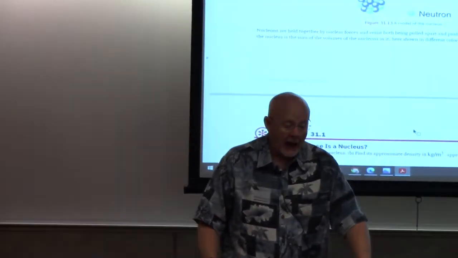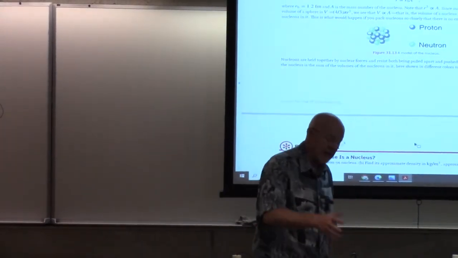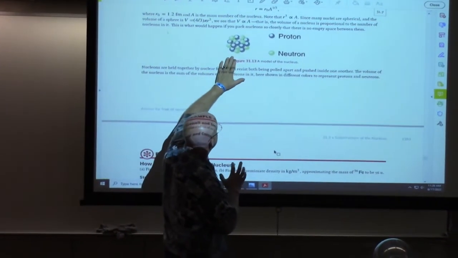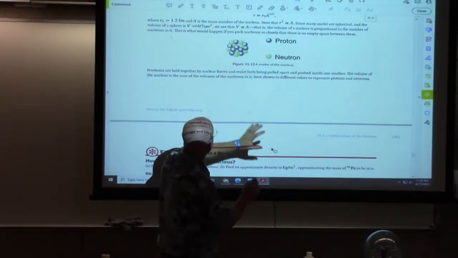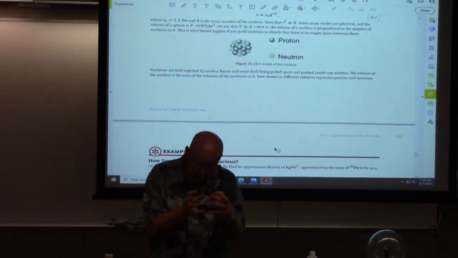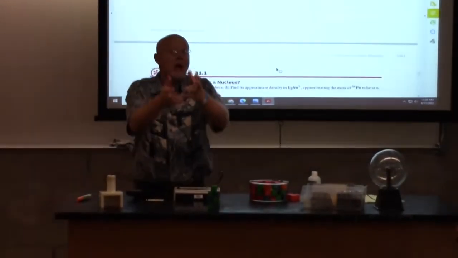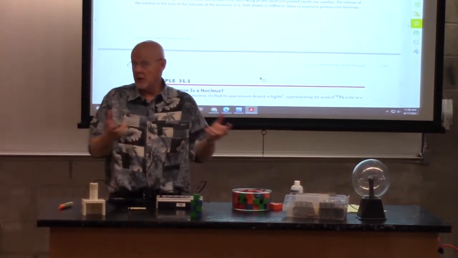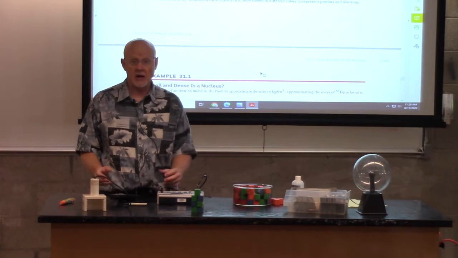Now, I won't try to draw or make things bigger than this, although maybe I'll make a small attempt here. But your author does a good 3-dimensional drawing, and he does the protons in blue. Oh, good, I matched. And the neutrons in green. Okay? And so he hooks those together and says, okay, why don't we start asking questions like, how big is it? When is it not happy? When is it happy? So in other words, when is it going to decay and when is it not going to decay? But I will say, as far as size-wise goes,